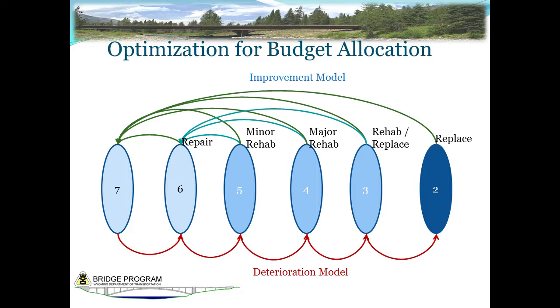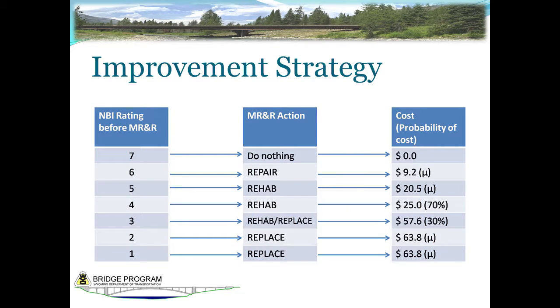This red arrow below is the deterioration flow, and the green arrow above is the improvement model. In WYDOT, every NBI condition rating has a specific link to the preservation actions, and each preservation action has an associated cost. By establishing this,